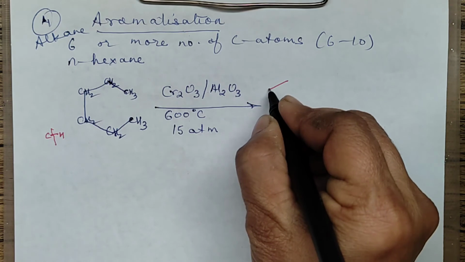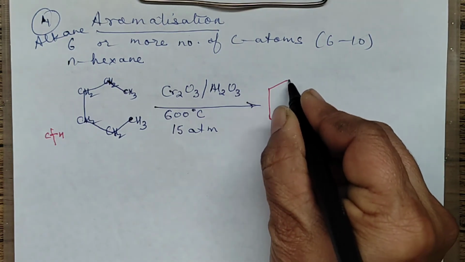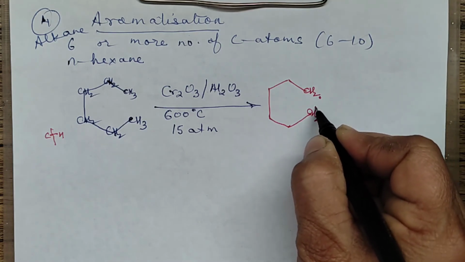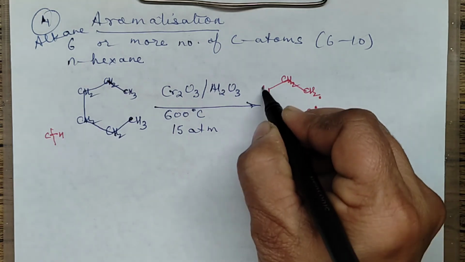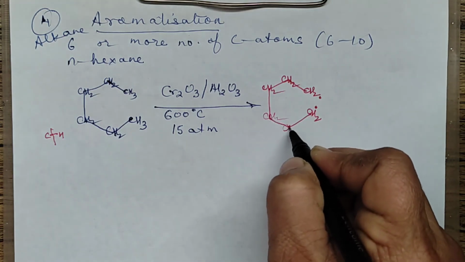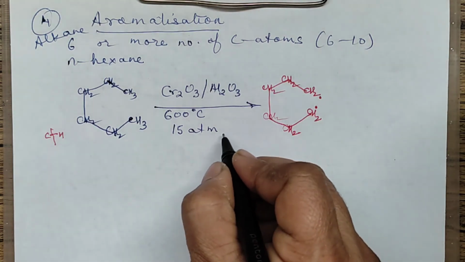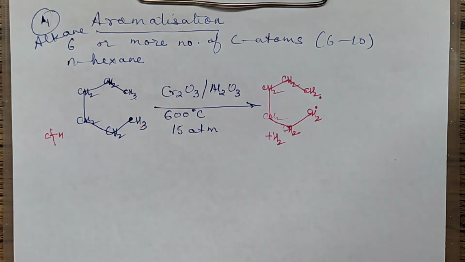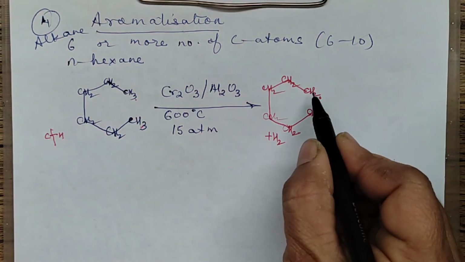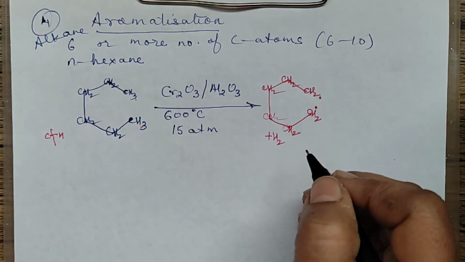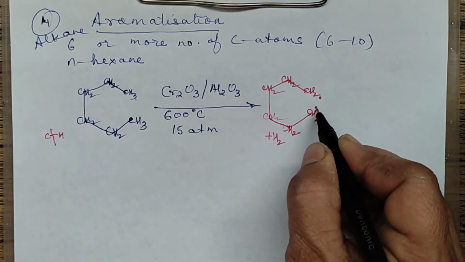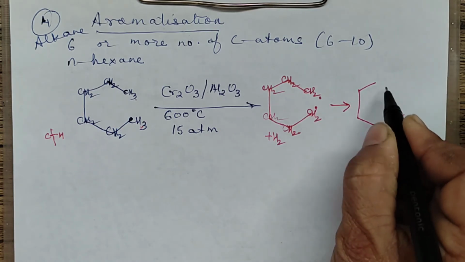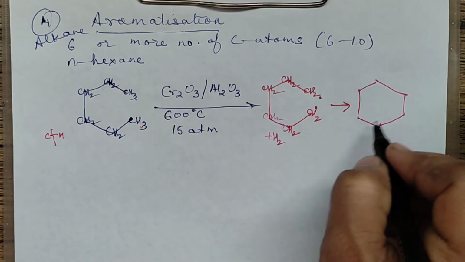So if I write down that intermediate step, this will be now CH2, this will be now CH2, this will be a free radical, this will be a free radical. These as such are CH2s only. Plus one H2 also will be formed, because one H from here, one H from here, those free radicals will combine and they'll form H2. So this straight chain 6 carbon atom free radical is formed. Now this free radical and this free radical will combine and result in the formation of a cyclic structure, that is cyclohexane.